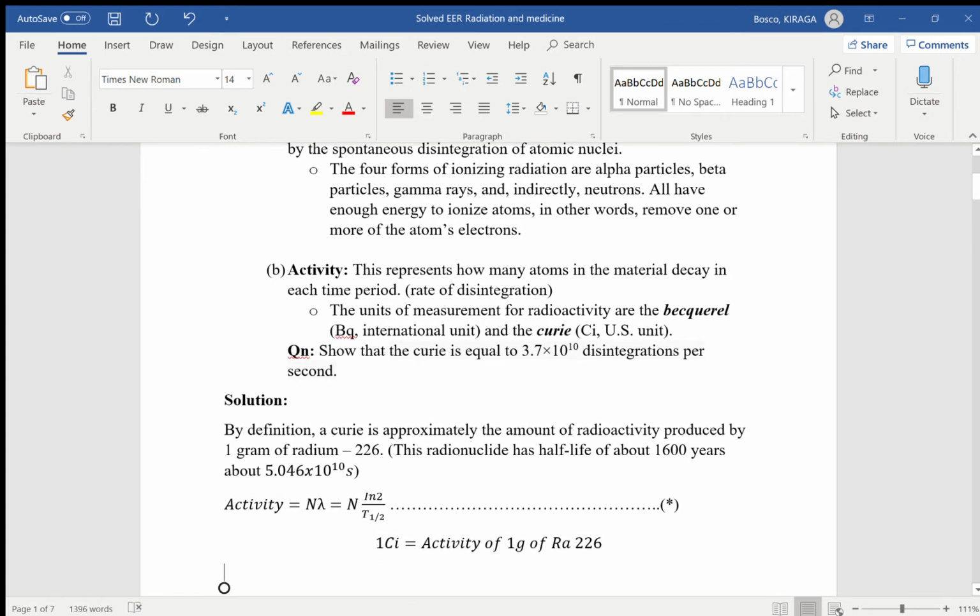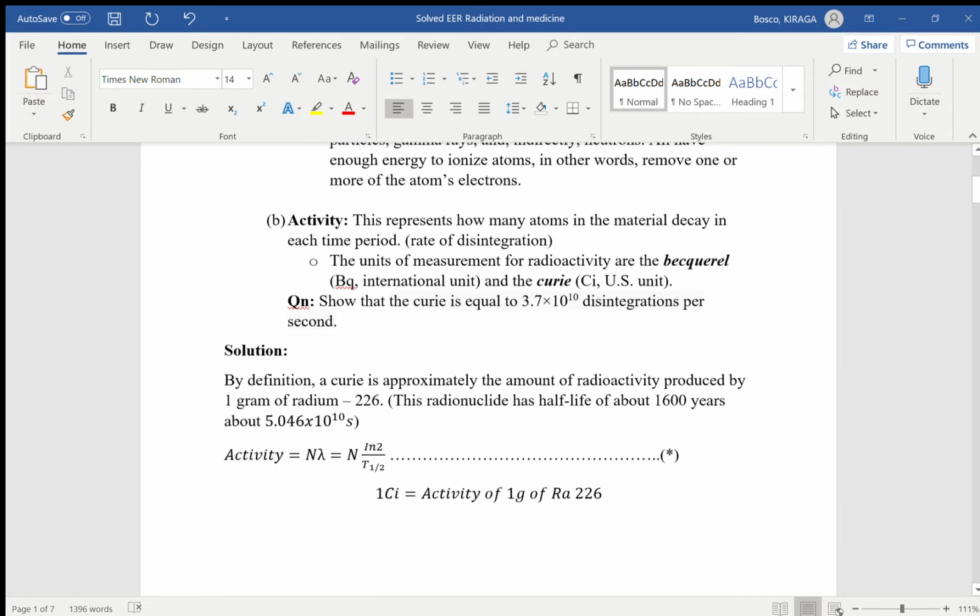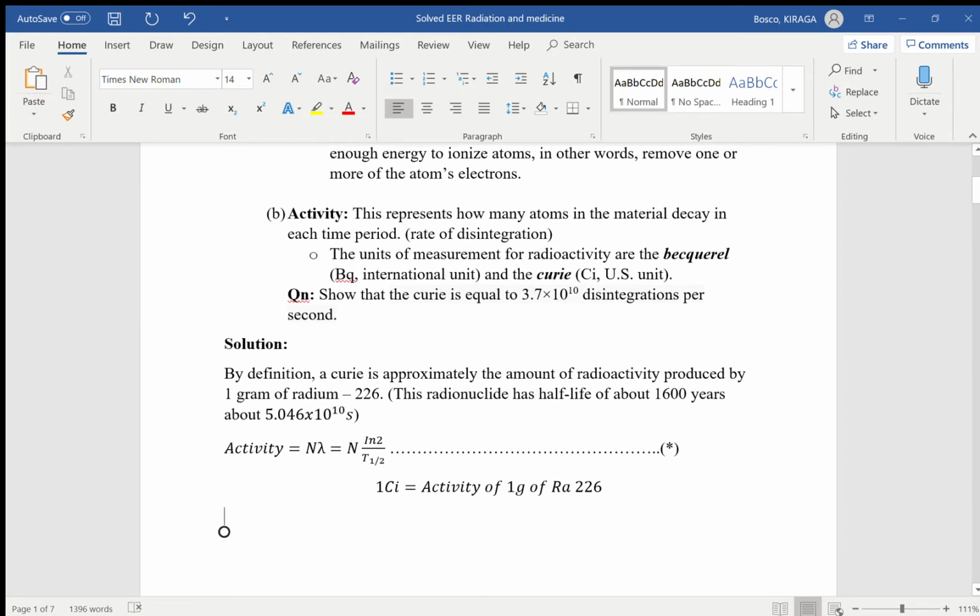You have seen the concepts up there about radioactivity. And then in radioactivity, we have the activity of a source, which is simply the rate of disintegration per second. Now I want us to concentrate on the activity of a source and its units. It can be measured using different units, but right now I want us to concentrate on the Curie, because the